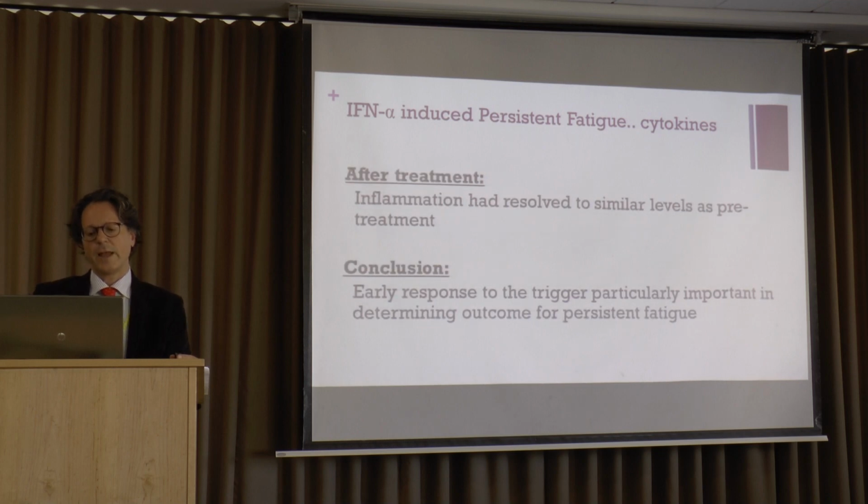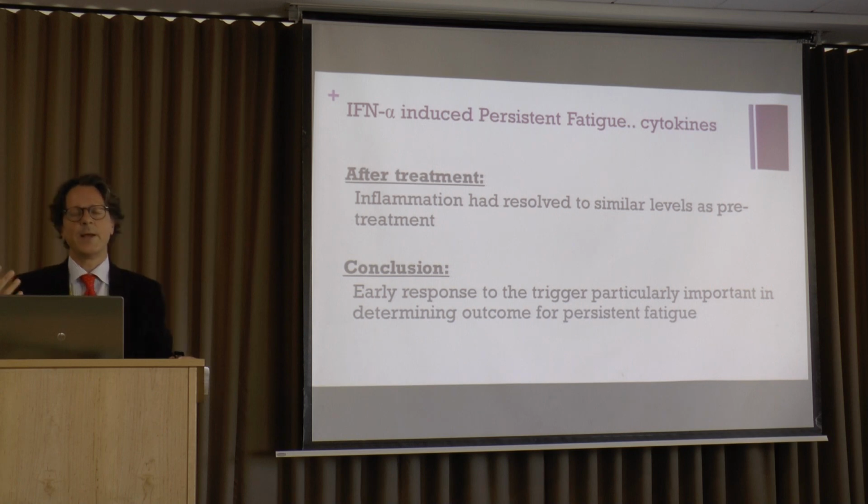So, if you like, the conclusion from this finding is that inflammation has resolved to similar levels as pre-treatment 6 months after treatment, even if patients continue to experience persistent fatigue. So the early response to the trigger is particularly important in determining the outcome for persistent fatigue. And this can also explain why, of course, there have been so many inconsistent findings when measuring the immune system at the time of